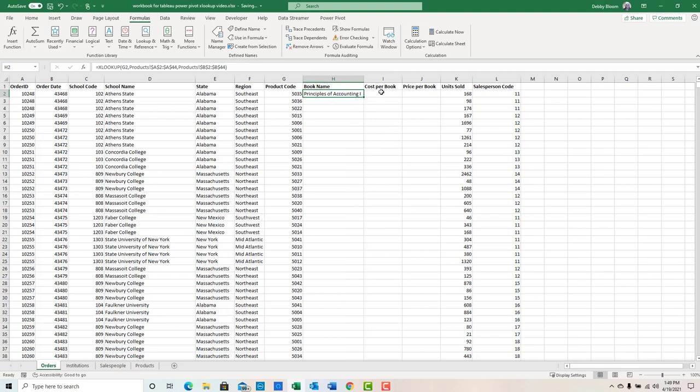And as I said, if I wanted to copy this over to I and J, all I would have to do in the second array is change that to C and then change that to D. But we'll get some familiarity with the X Lookup, and we'll do it again for cost per book and price per book. So now I'm going to click in cell I2,